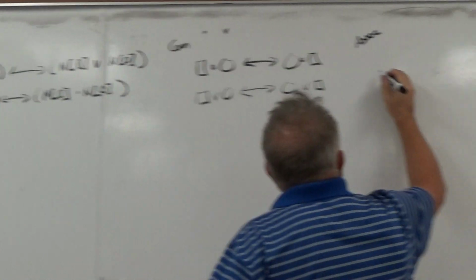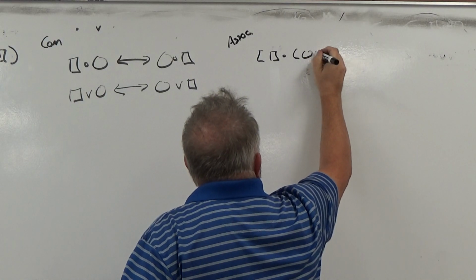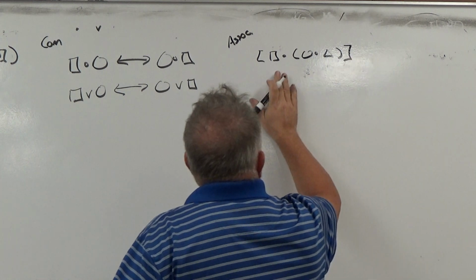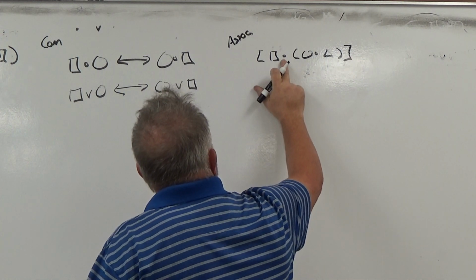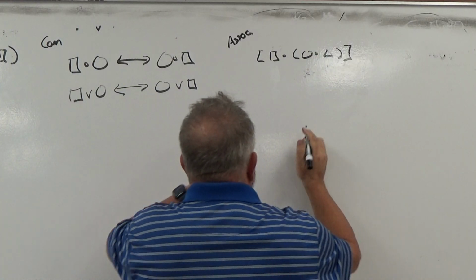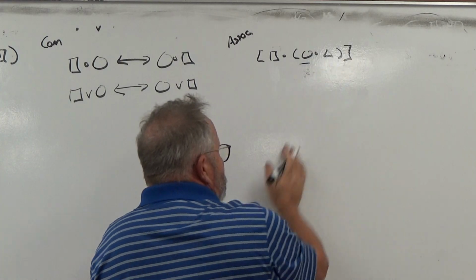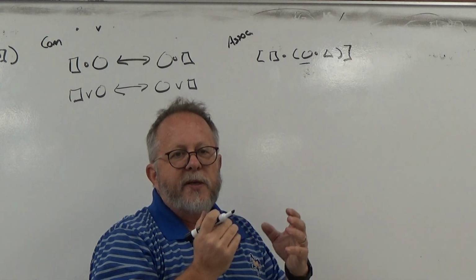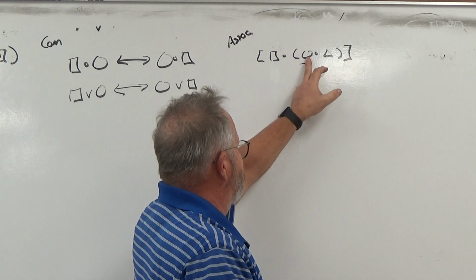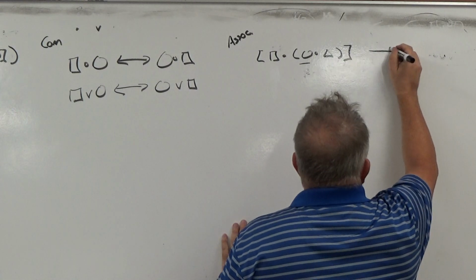Okay, notice on this first one I have box and circle and triangle. Notice that all of the operators are ands, okay? And notice that the circle, by way of the parentheses, is associated with the triangle. Well, suppose I want to change the association. I want the triangle or the circle to be associated with the square. I can do that by associativity.